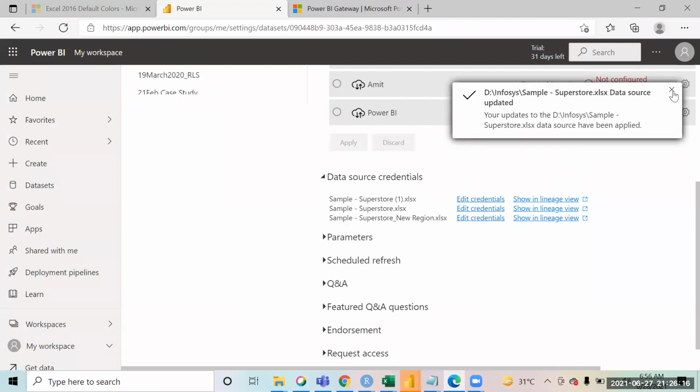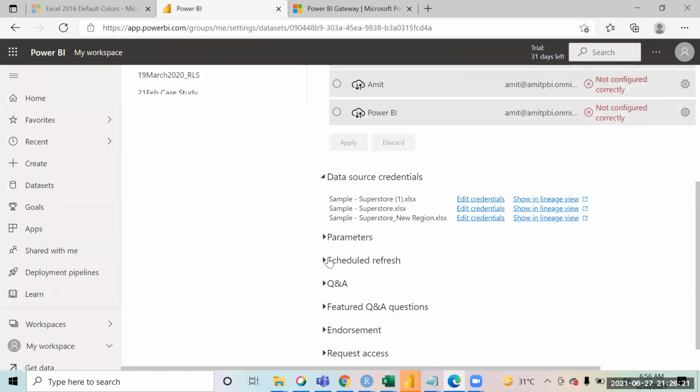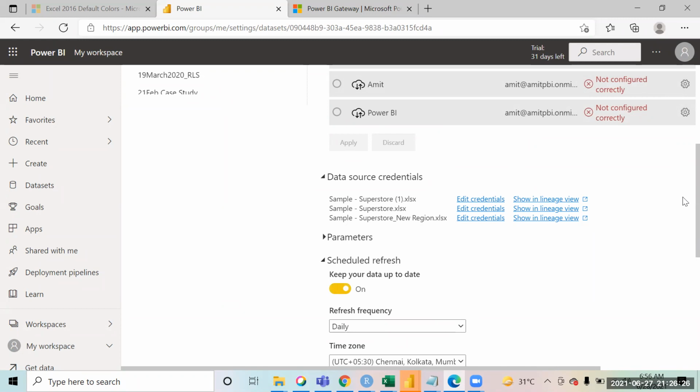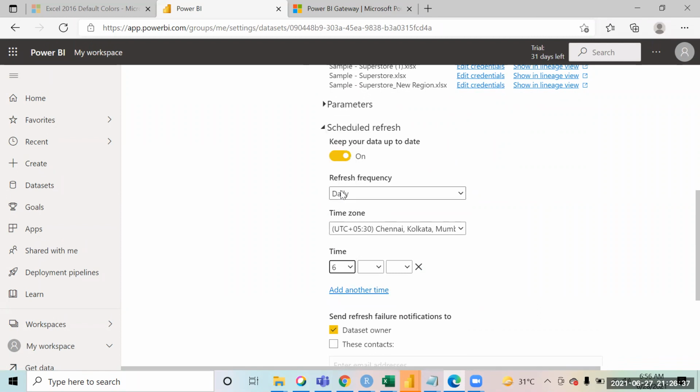Now your file can be easily published. What you need to do is come down and click on schedule refresh and keep your data up to date. Here, you set the time you want the data to be refreshed daily, suppose 6:30 p.m. Power BI will then hit your laptop every day at 6:30 p.m. You have to make sure your laptop is on and connected to the internet.